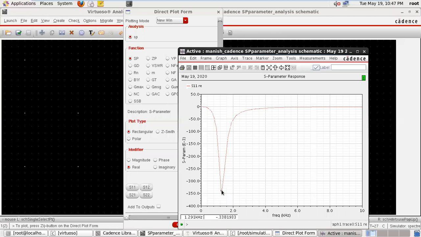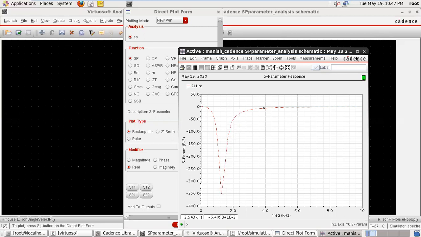S11 is a function of frequency, and reflection is minimum at this frequency, and now again it is increasing because it is a case of matching. The circuit becomes a resonating circuit, so the imaginary part becomes zero. Okay, so this is S11.